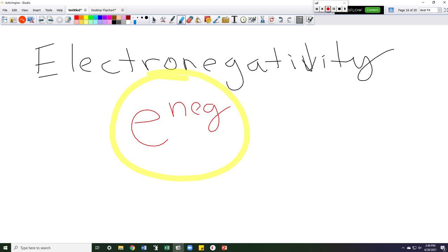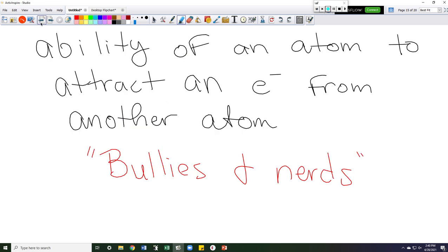Now the second question has to be, what the heck is electronegativity? Do you agree that's a question you don't know the answer to? So, I would encourage you strongly to write this down. Now, in the unit that you're going to do in the self-guided, it's going to talk all about electronegativities. I'm going to explain the bullies and nerds theory, underneath that slide we were just on, the one that said electronegativities.